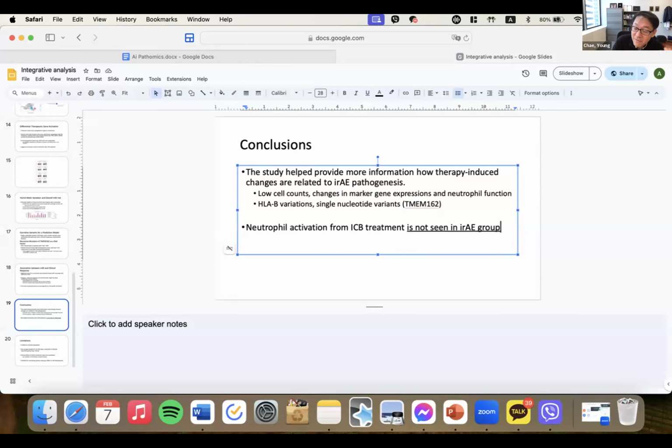So why is neutrophil activated in ICB treatment? I think it's a negative feedback. If your immune T cells are too much activated, you have a T cell mechanism or NK cell or neutrophil mechanism that's providing negative feedback. Just like in the hormone negative feedback, same thing, T4 and TSH, that negative feedback loop. Okay, I just wanted to make this clear because I don't want you guys to learn anything contrary to what the truth is.